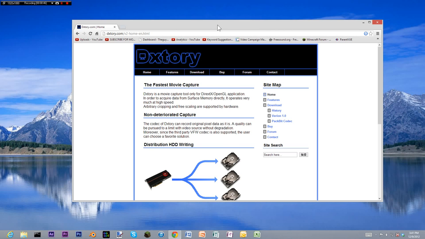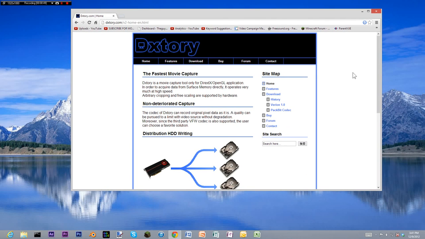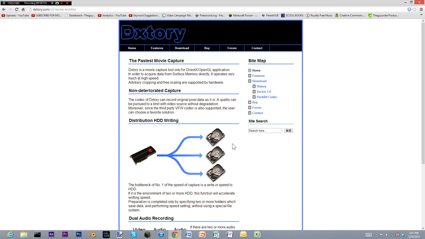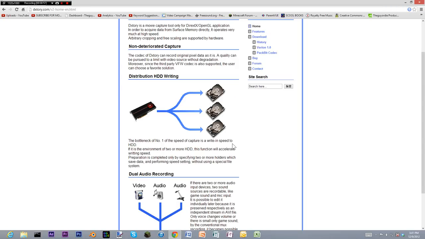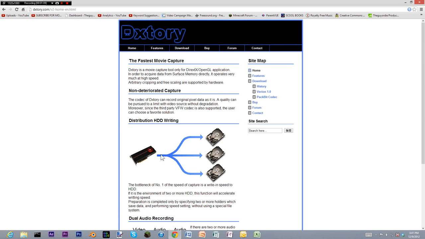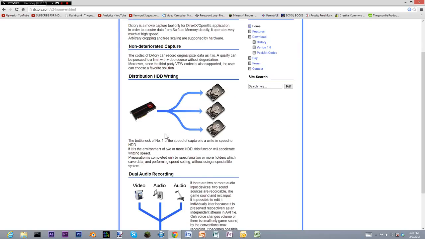Now first off, I use a program called DxTory to record my game footage, and it's a really awesome program. It works smoothly. It is probably one of the smoothest game recording softwares I've ever used before. As I said before, I've been with DxTory, Fraps, and Bandicam, been through all 3, and this is definitely the winner. I love it because it has this option to have distribution hard drive writing. Basically what that means is most programs like Fraps and Bandicam, they write their file to one